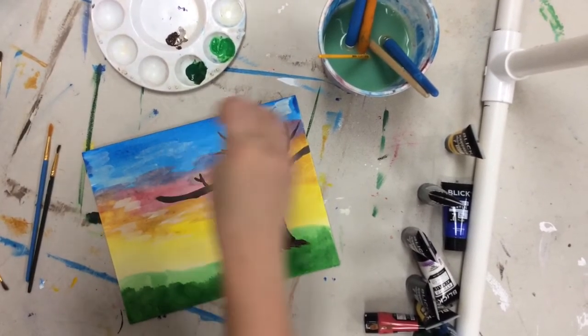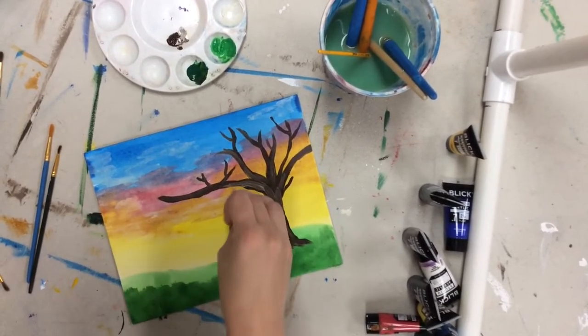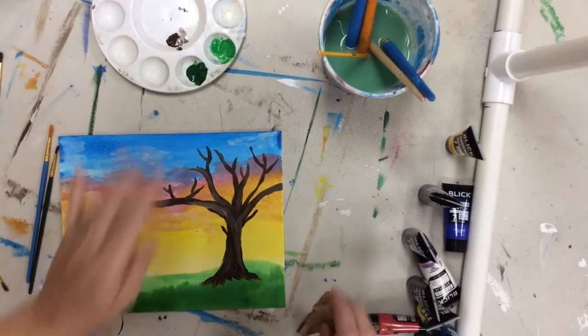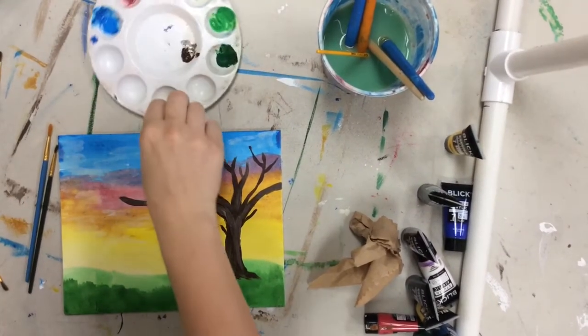Now I'm going to dab to give it some texture. That first one was just too light, so I'm just texturing that a little bit, just to dull down that blue because I didn't like how bright I had left my blue. So now